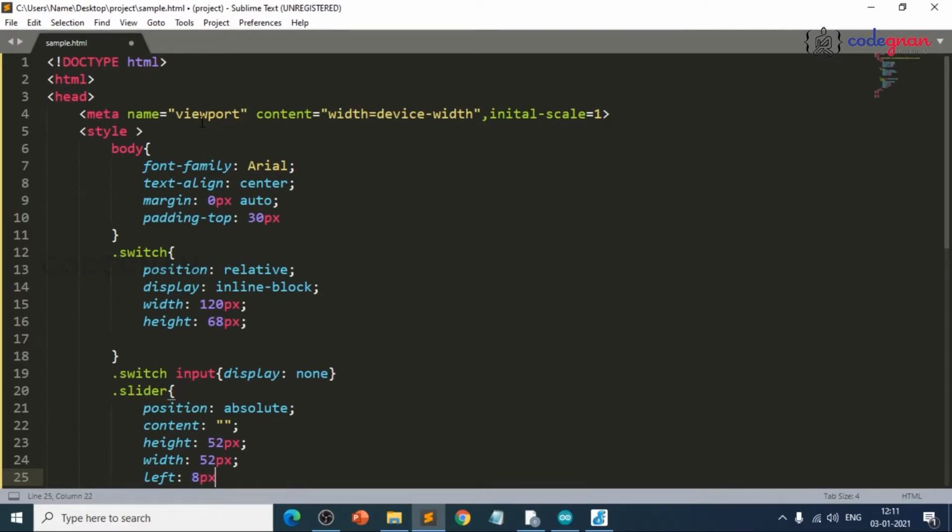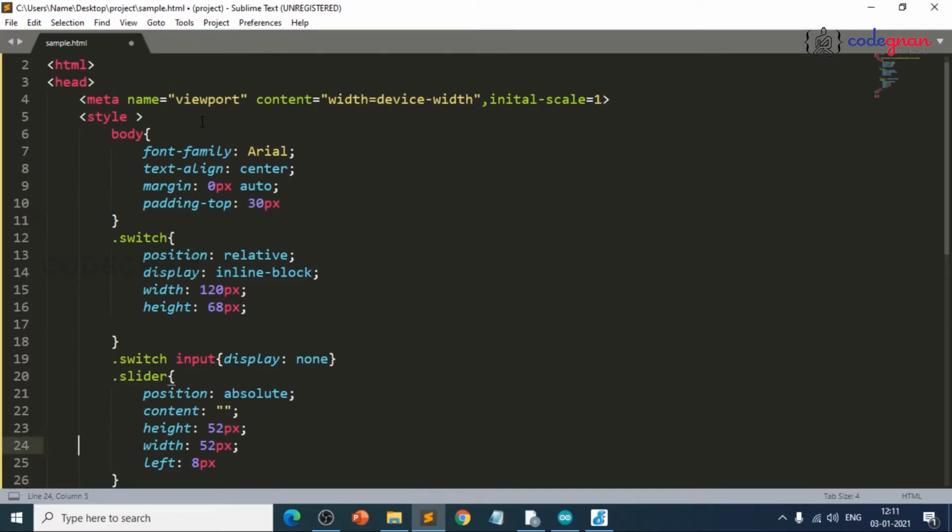All the switch values we need to do here. For switches we are writing the CSS code here.